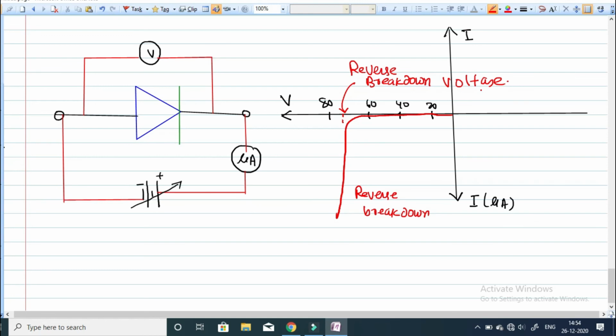So in the next video we will study the application of the PN junction diode, what is the application of the diode,